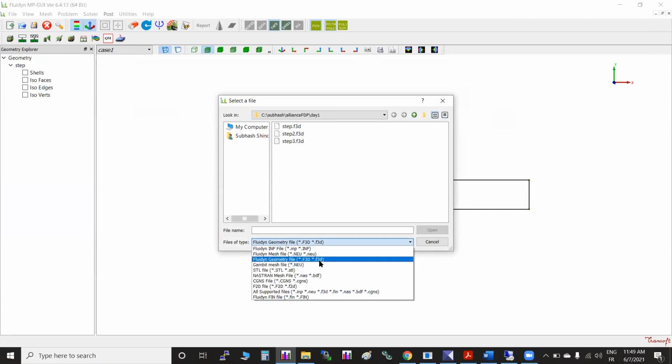Other files are Astran, CGNS, neutral files. If you have any of these formats coming from other software like ICEM CFD or whatever, make sure you save in these formats, and you can take it. You can restore the namings, inlet, outlet, whatever. So that is the advantage.